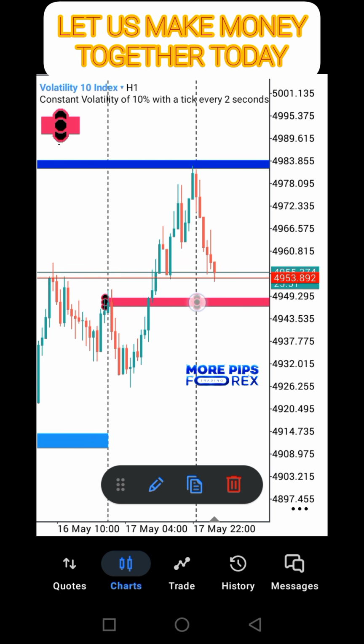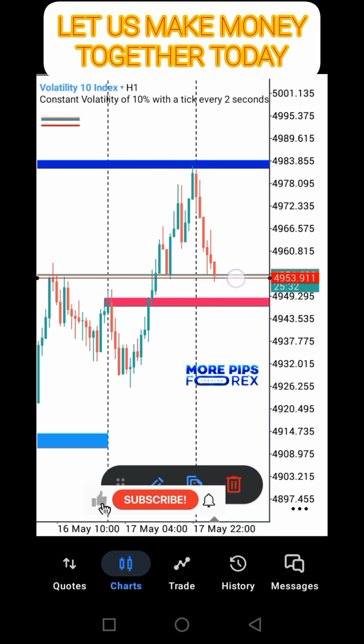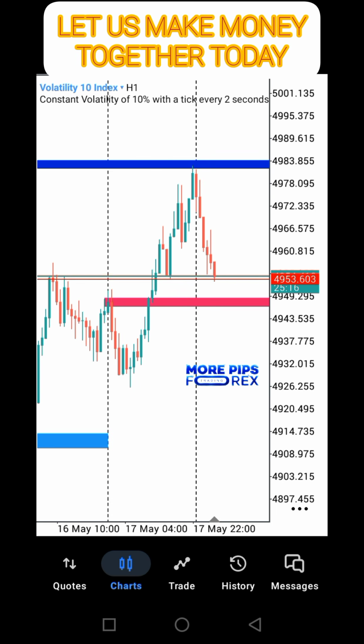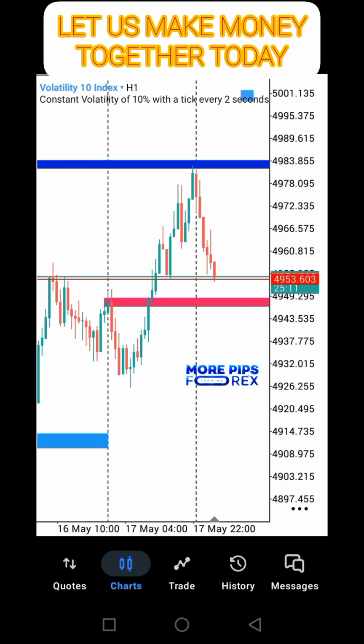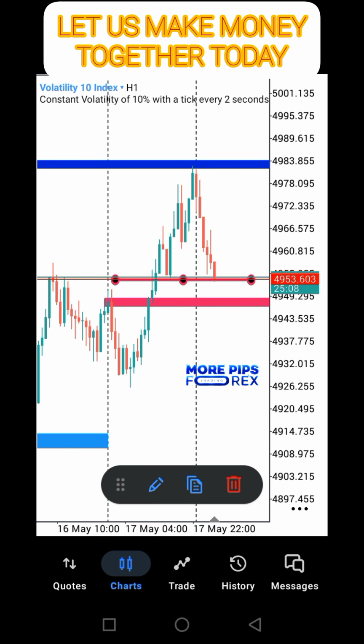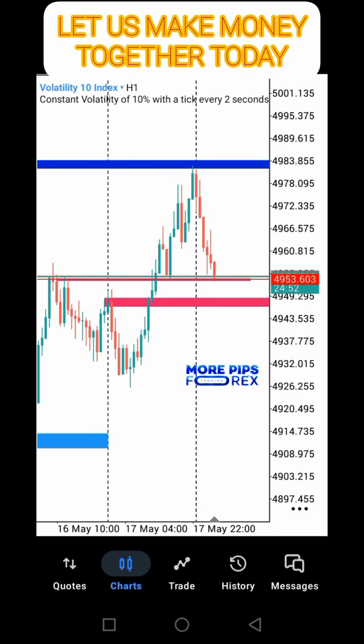This is my point of interest actually, but then I can see something here. There's a liquidity that is lying down here, and this liquidity aligns with the resistance that we have got. When you extend it to the left, this liquidity aligns with the resistance that we have got. But that is not my point of interest exactly, but I can test it to see the integrity of that liquidity, to see if it will hold,